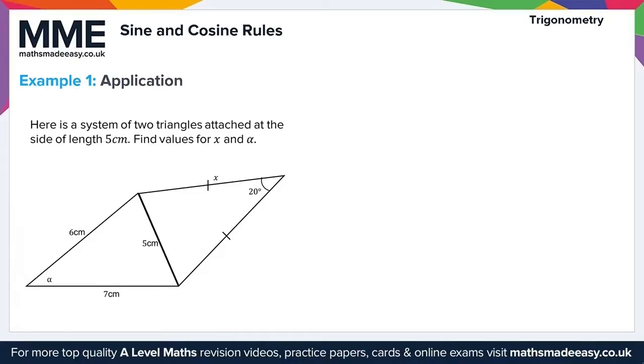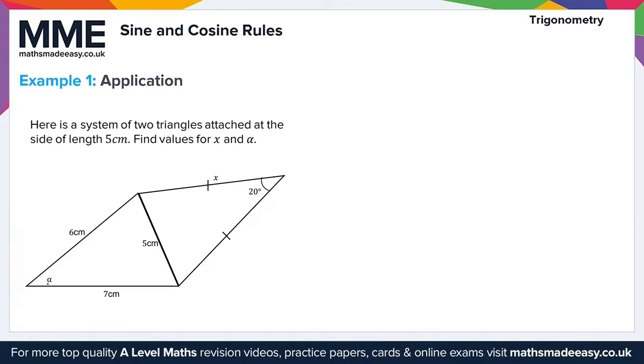Example 1 here on the sine and cosine rules, we're taking a look at the application of the sine and cosine rules. And like we can see here from our diagram, we have a system of two triangles which are attached at the side of length 5 cm. So we can see they're attached here along this side length of 5 cm. And we're asked for two values here. We're asked for the value of x, representing this side length here, and we're asked for the value of alpha